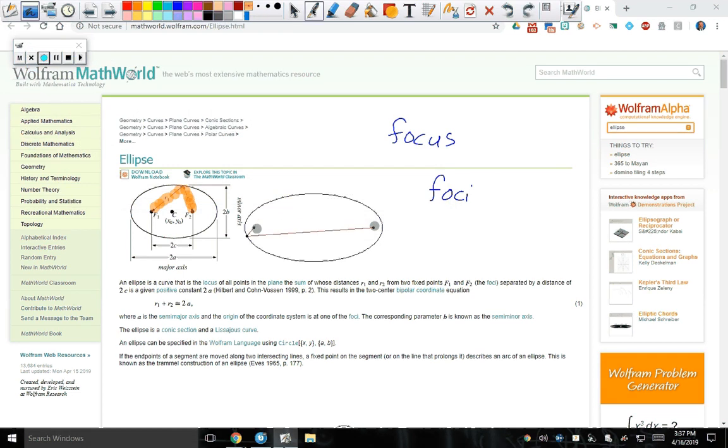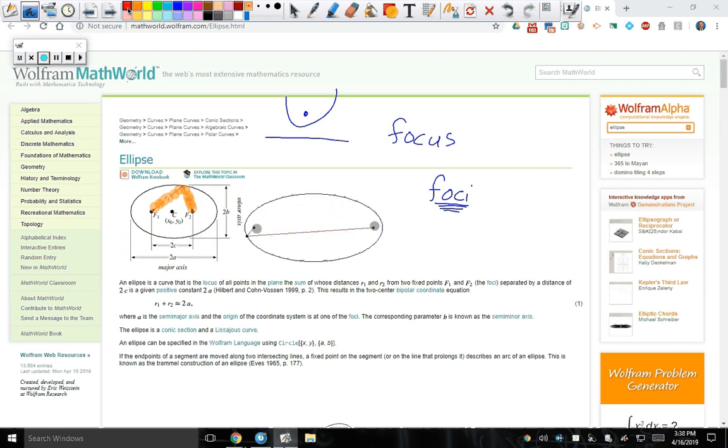Okay, so day 5 is about ellipses. So you knew the parabola, you had one focus. However, plural is foci, so you have two foci. And this ellipse,